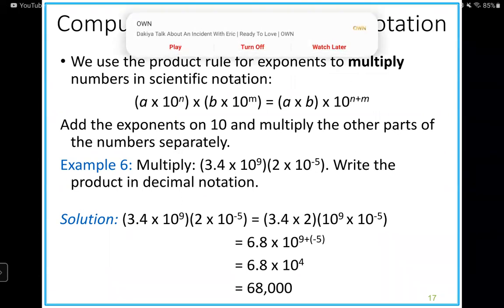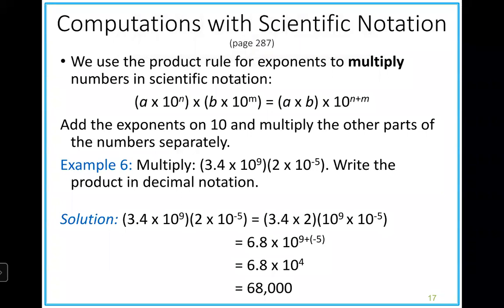Okay, so we have the example here where we are given 3.4 times 10 to the 9th multiplied by 2 times 10 to the negative 5. It says write the product in decimal notation. So if you study what is shown here,